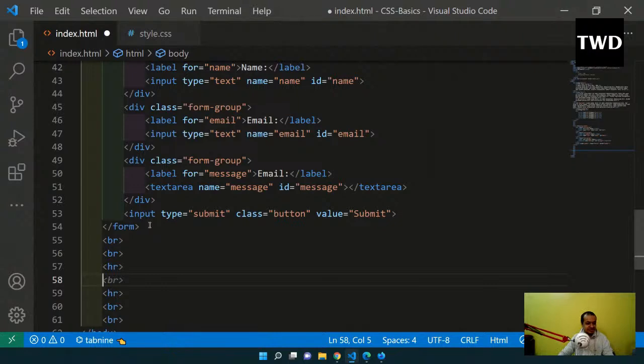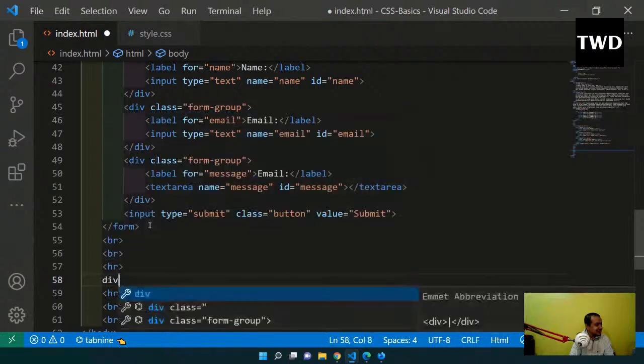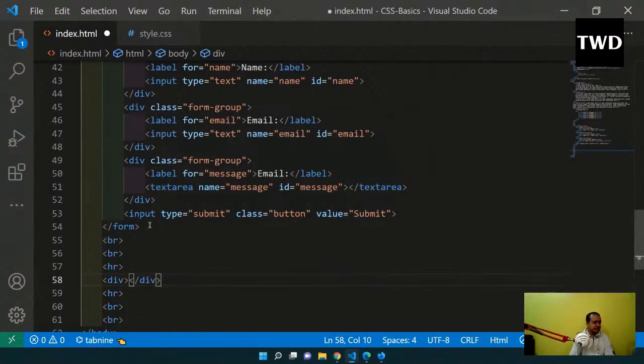Okay, so let's get started. Now see, floats are used for layouts. So we are going to first create a 3-column layout. These are very popular layouts in which there are 1 to 3 columns. Websites you might have seen, all of them will have this. So we'll do that first, and then class